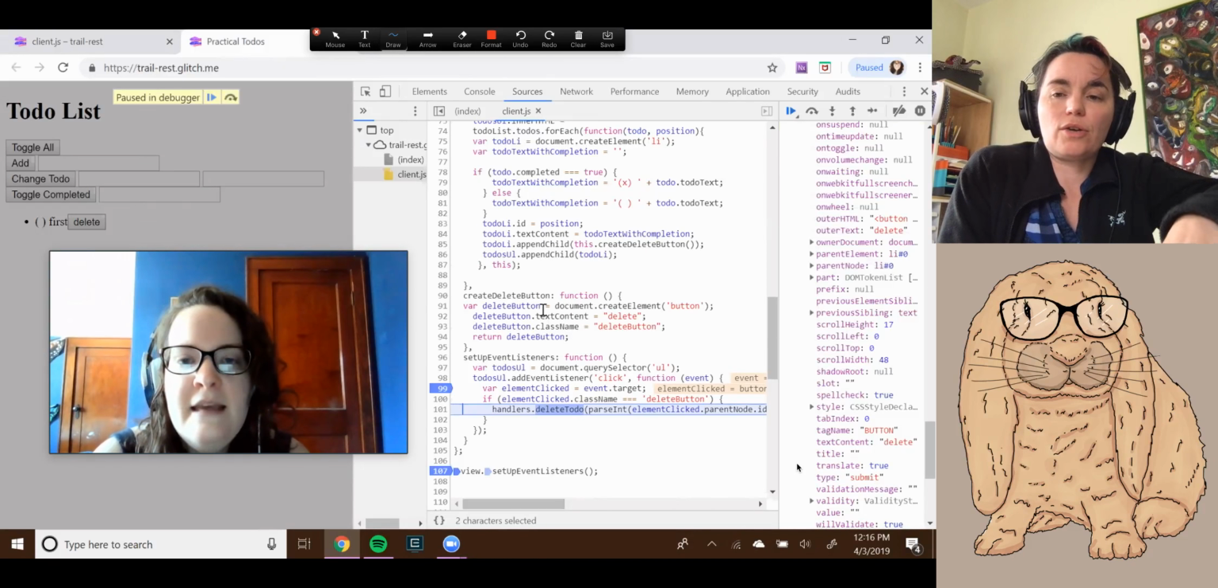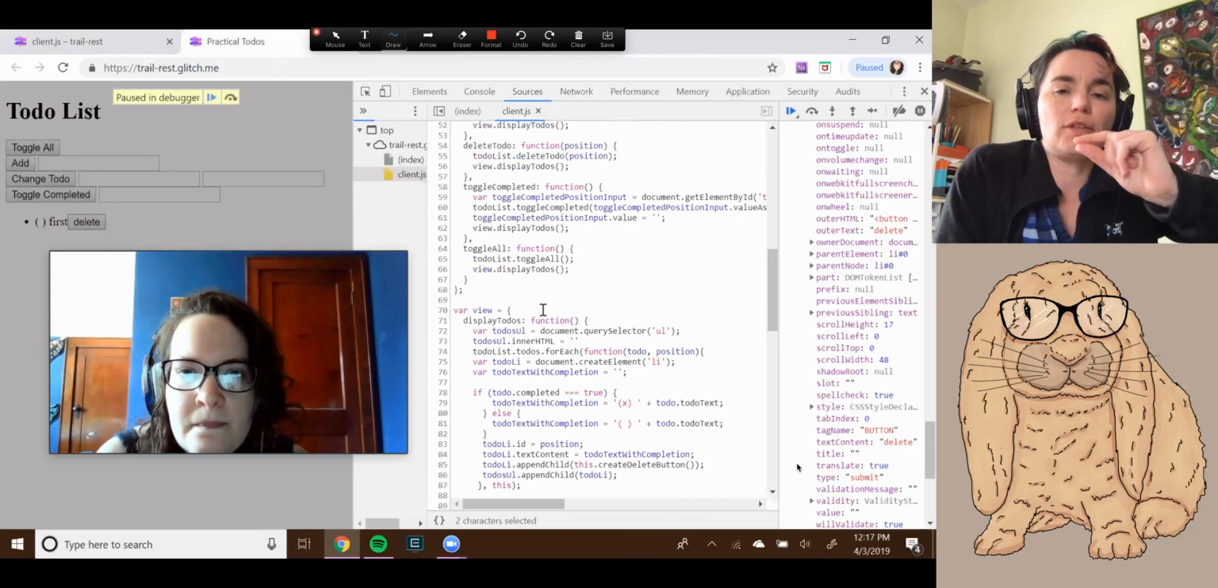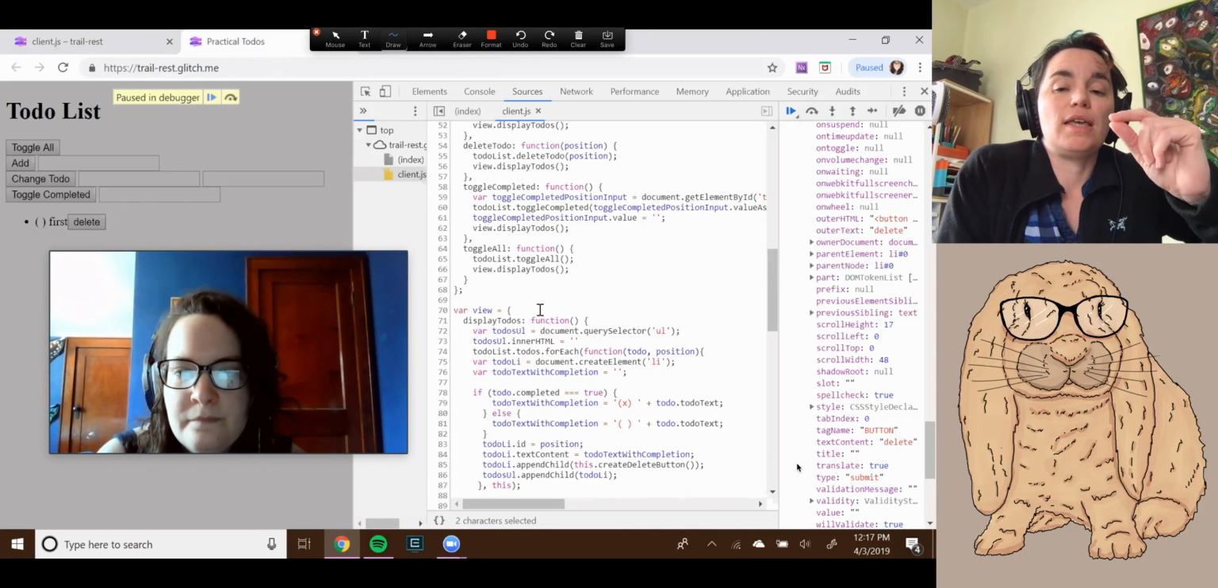why we can go parent node.id, because we're dependent on the delete button being a child of the list item and the list item having its position as its ID, which is terrible, by the way. In a real app, it would be terrible to have 0 as an ID, because why wouldn't another list also do the same thing? And you can't have more than one of the same ID on the same page, right? I would never use something as non-unique as an array position as its ID, but it happens to work here. It works here because there's only one